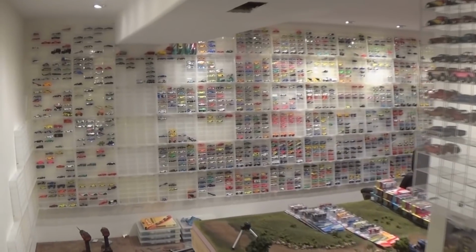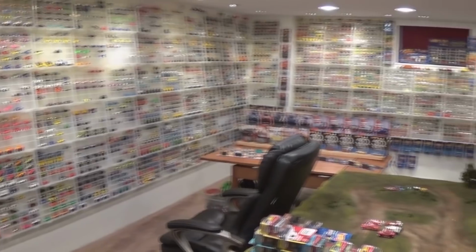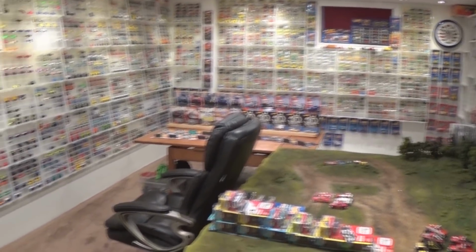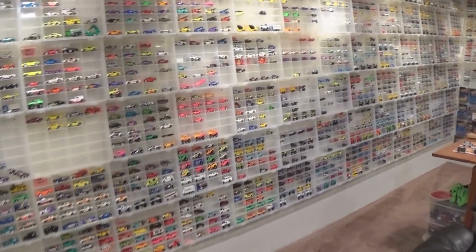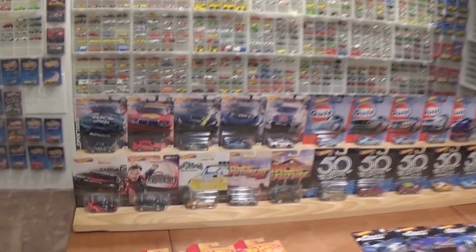Time for a Hot Wheel Room update. I'm just going to focus on the Hot Wheel Room and not the whole museum, as there's the most new stuff going on here, whereas the museum is kind of just still the same way. Anyways, part of this video as well is going to be a quick review of a whole bunch of these